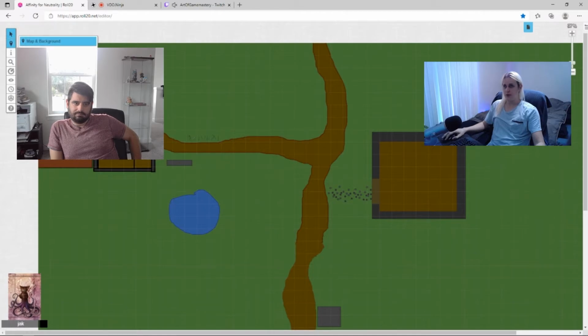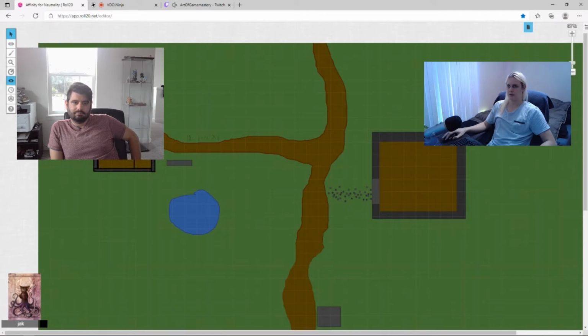If you're struggling with having too many GM overlays, you can always just go to the opacity and just make them all disappear. Or if you want, I want to see what the players are seeing. That's what the players are seeing, versus now you can see what you have in store for them. And then if you want to put this back onto the token layer,